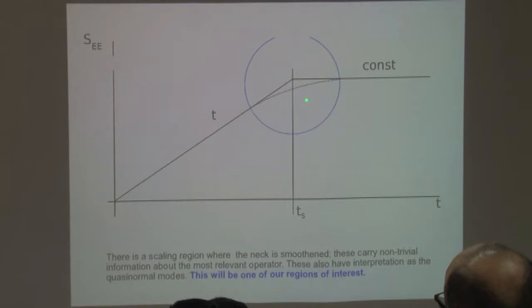The half width of this region is actually beta, where beta is the eventual temperature of the thermal ensemble. So this Ts is actually half L, which is half the size of the interval. That's basically the light crossing time of the interval. This Ts is that, and